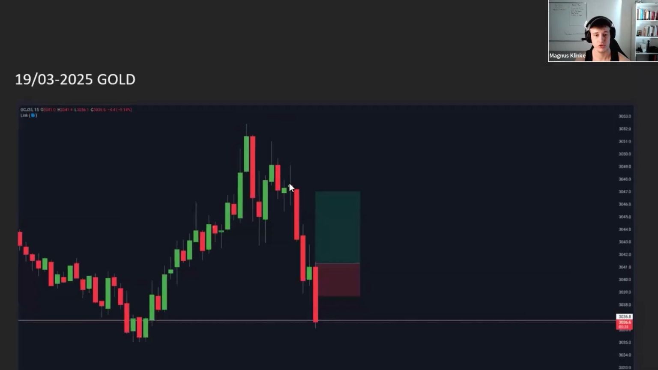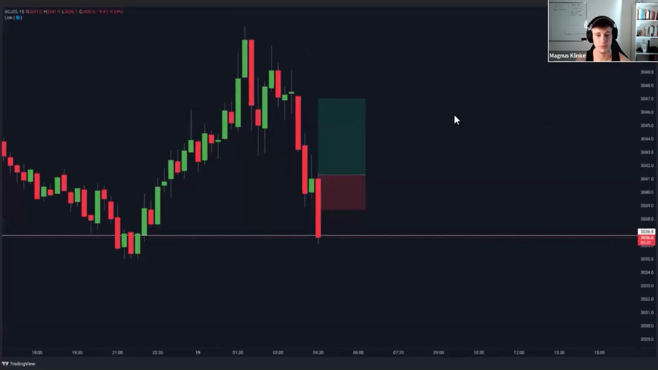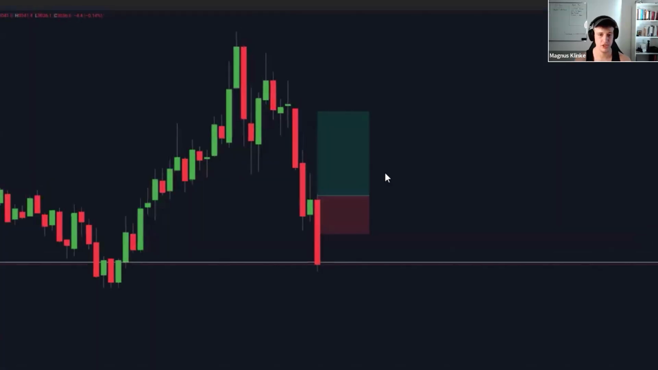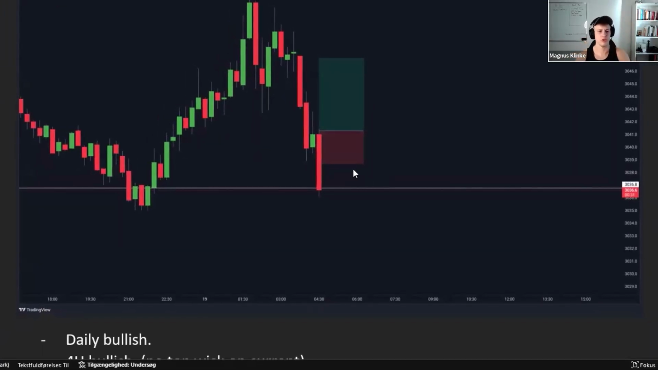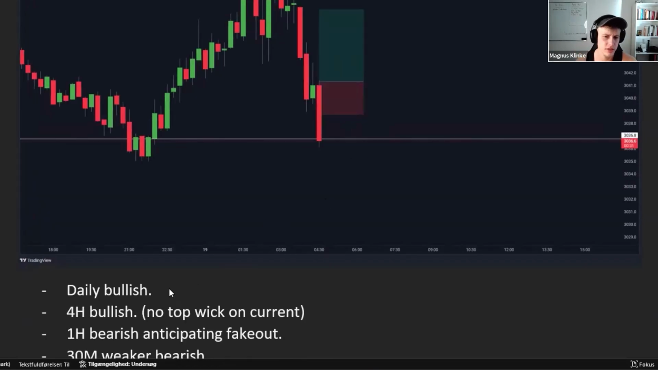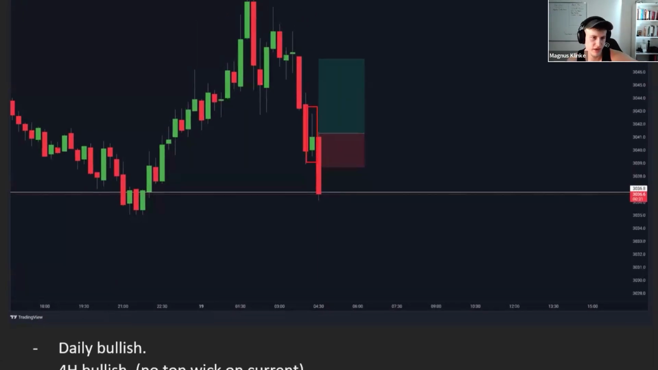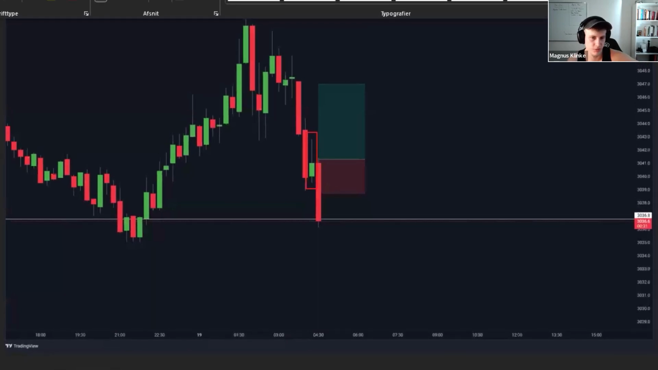So on the 19th I took this trade here. I actually think this could have been avoided too. When I'm looking back at this one, I think maybe I should have waited for range 2. Because on this trade, I know the daily was bullish, the 4-hour was bullish, and we have no top break on current. But when I look at this candle here, it was like, does that look like a good business partner for me? So I think maybe next time, if you had a stronger candle here,